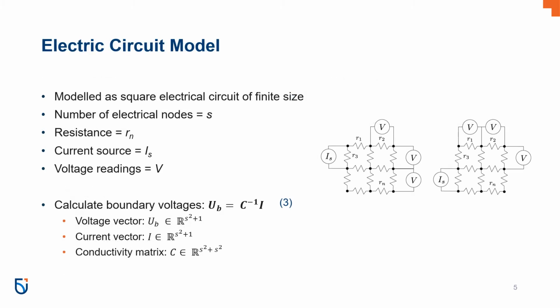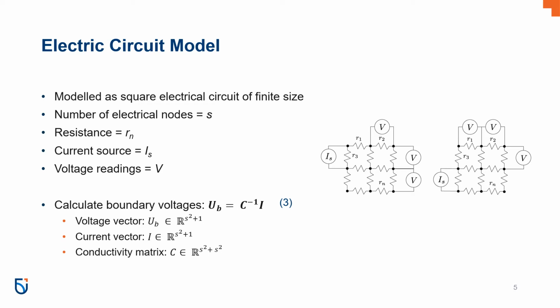In our paper, the problem is modeled as a square electrical circuit of finite size. S denotes the amount of electrical nodes that we have in the circuit. All the resistance values are stored in a vector of R. The current source is stored in a vector of I, and the voltage readings are also stored in a vector